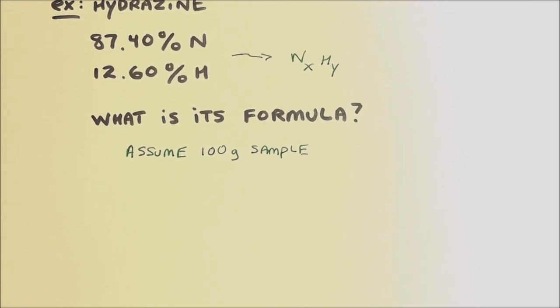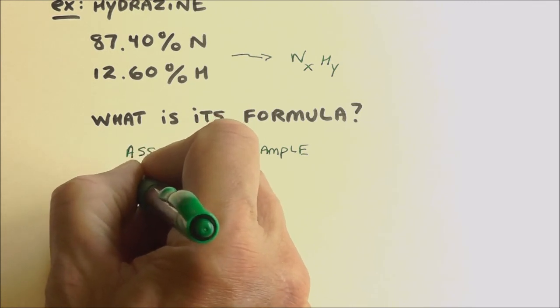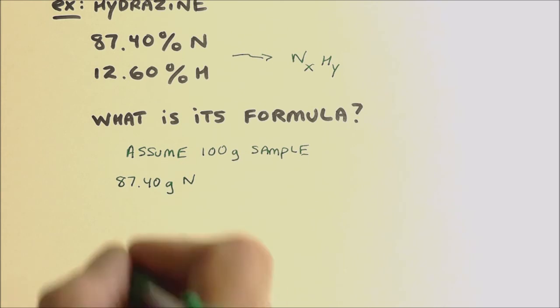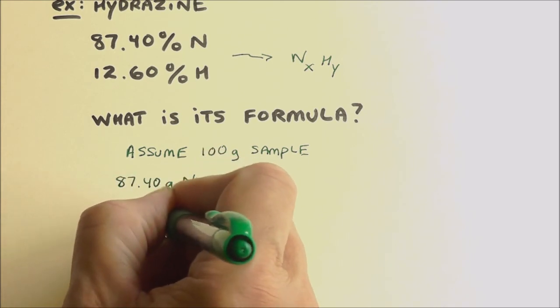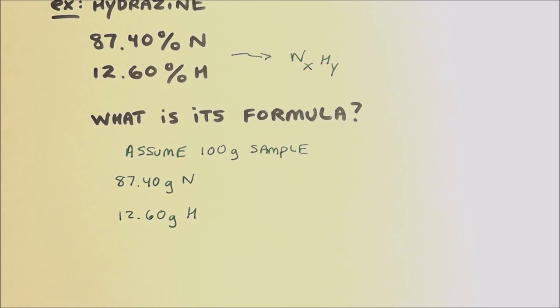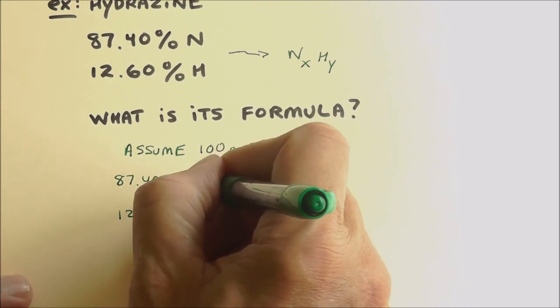If I had 100 grams of this, 87.40 grams would be nitrogen. 12.60 grams would be hydrogen. And so what would happen then? I could convert them to moles. Nitrogen is